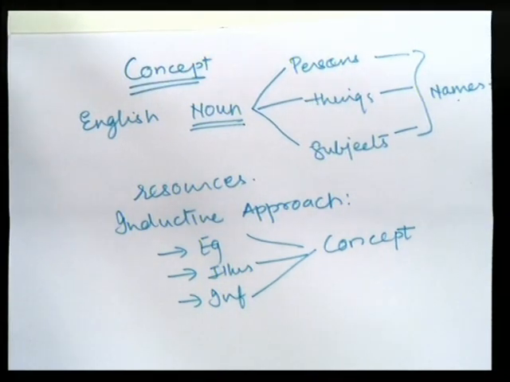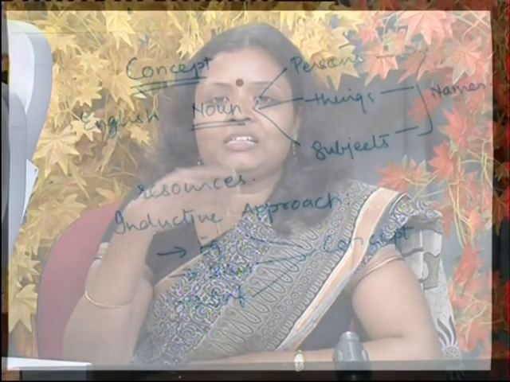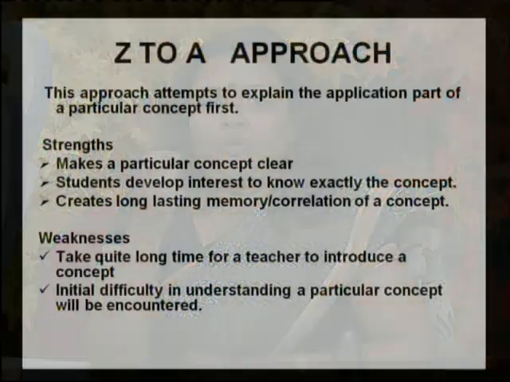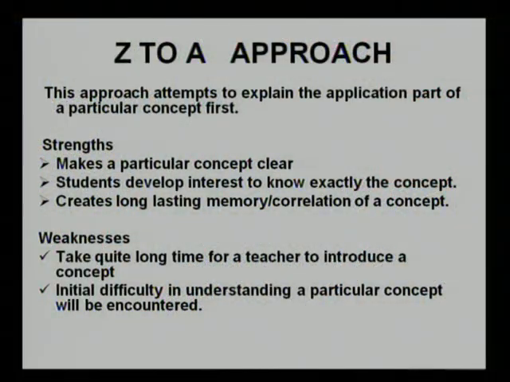Now each and every method has its strength and has its weakness also. So when we say Z2A approach, it has its weakness and it has its strength also. If we remember, when I was displaying before you the mind mapping, that is the latest concept, fine, but there are weaknesses. The weaknesses are the same in all the approaches, maybe differing in one or two ways.